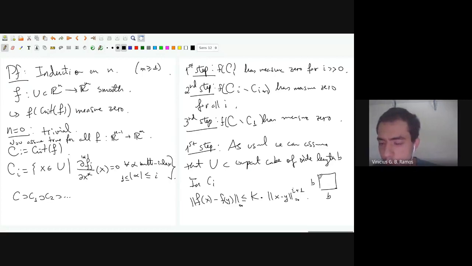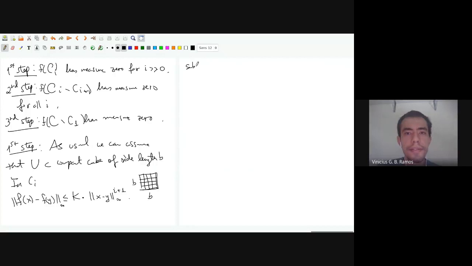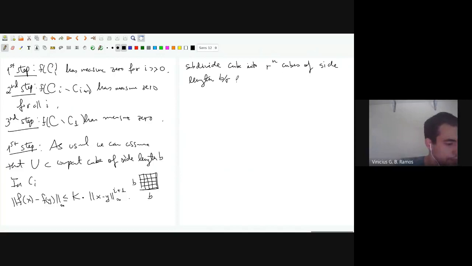So what I can do is subdivide B into cubes of side length B over R. So I can subdivide this cube into R to the n cubes of side length B over R. And the point is that f of C_I is now going to be contained